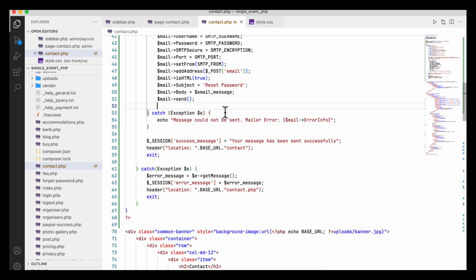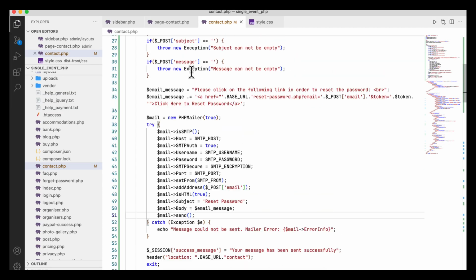Now here, not forget password, it will be actually here, the session is already added, so I am going to remove the message. Now the email message will be who is on. So the email message will be